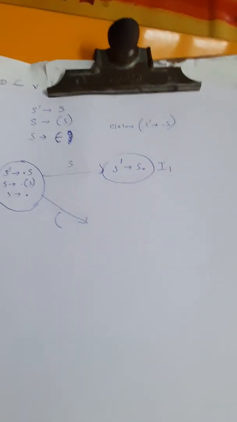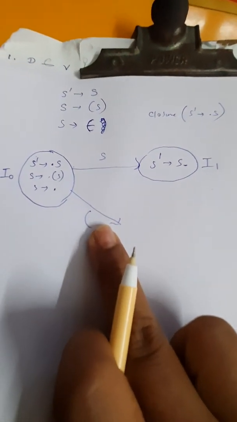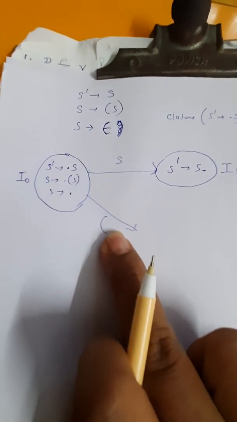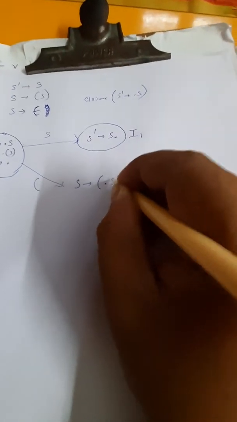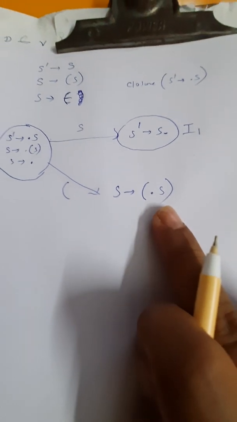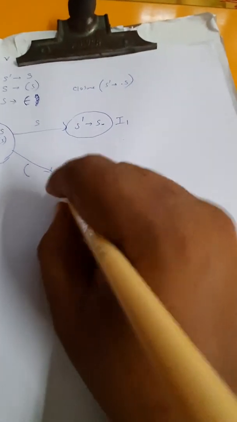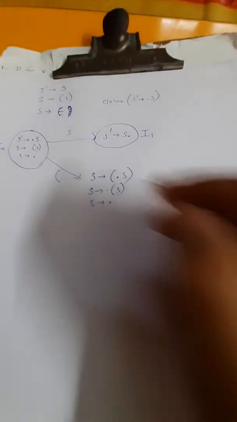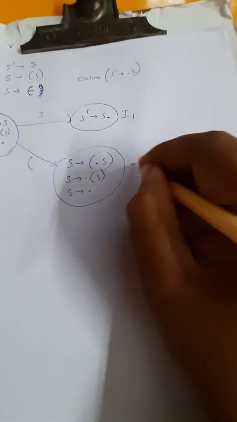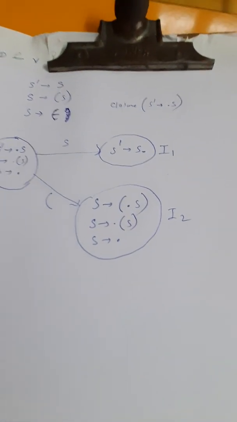The state is I1, or the set. Here, first we have to find the closure of S produces what? S produces just dot has been shifted one position. So this. Next, who is after dot? S. So is there any rule generated by S? Yes, there are, so we have just added them up. So this is I2. Now from I1, no goto could be there.